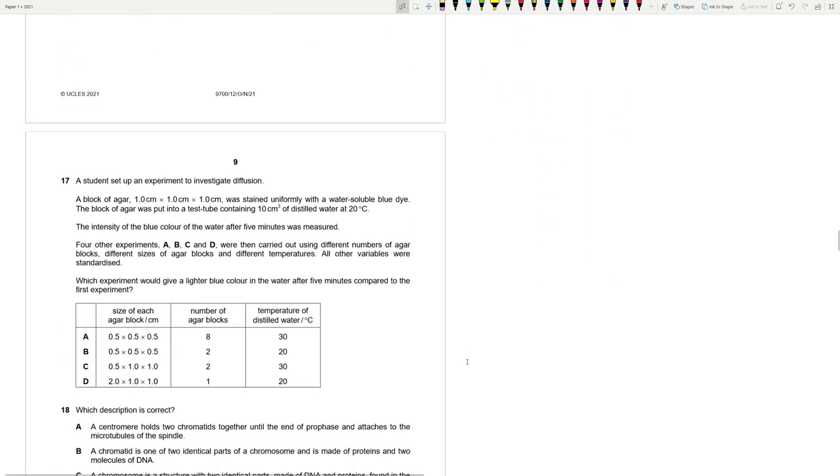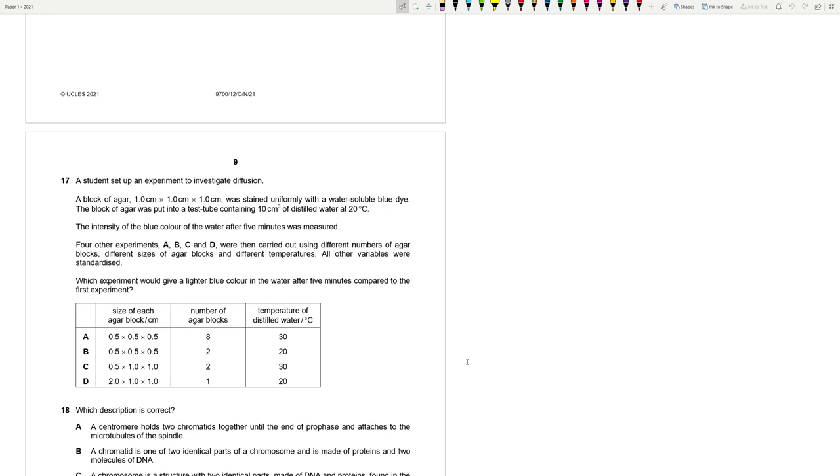16D. 17. A student set up an experiment to investigate diffusion. A block of agar 1 x 1 centimeter was stained uniformly with a water-soluble blue dye. The block of agar was put into a test tube containing 10 centimeter cube of distilled water. The intensity of the blue color of the water after 5 minutes was measured. So the blue color will basically come out of the block of agar and come into the distilled water,